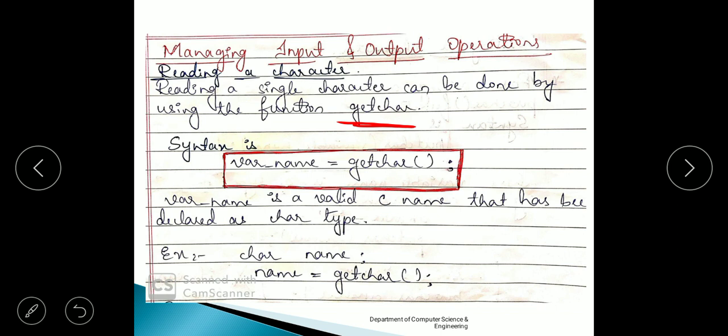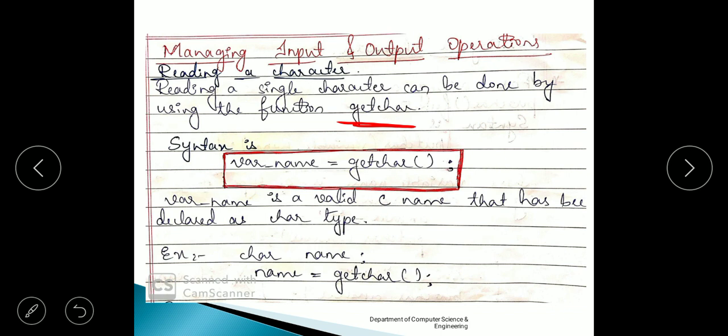It cannot accept more than one input, right? So reading a single character can be done by using the function getChar. The syntax is variable name is equal to getChar, and it has a pair of parentheses because it is a function. Each and every function has a pair of parentheses and it ends with a semicolon, right? Here var name, that is variable name, is a valid C name.